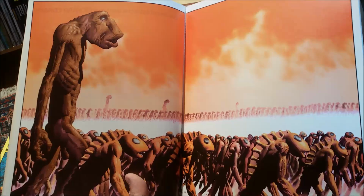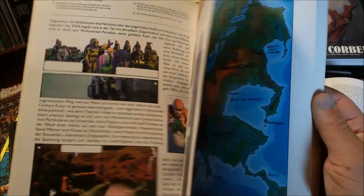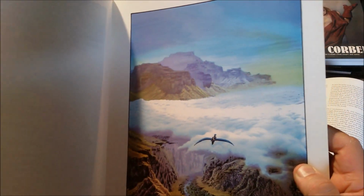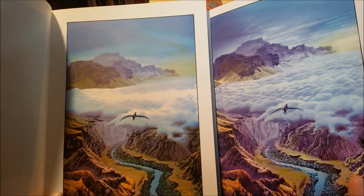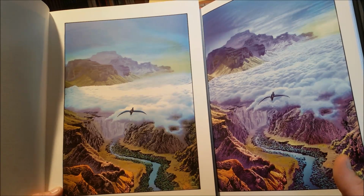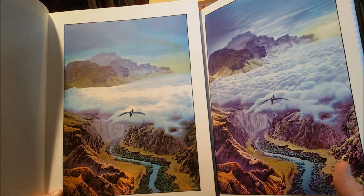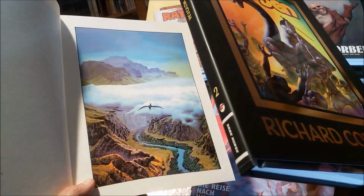So, these Den books by the Volksverlag are just amazing in terms of the introductions, bonus matter. Here we have a card, a map of Movovum, and here the first page, which comes a bit closer to the new version. But look at the mountains. They have this really psychedelic violet and so on. And for me, just looking at the first page is pretty much case closed. Okay, I really have to get Den 2 and the new version here by Dark Horse,